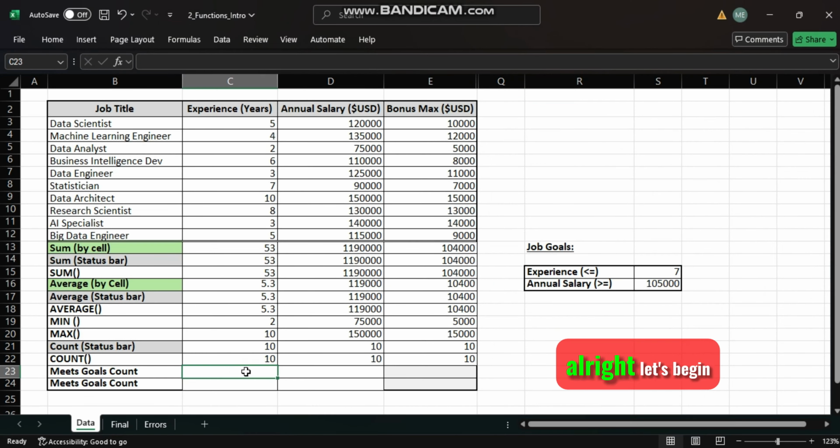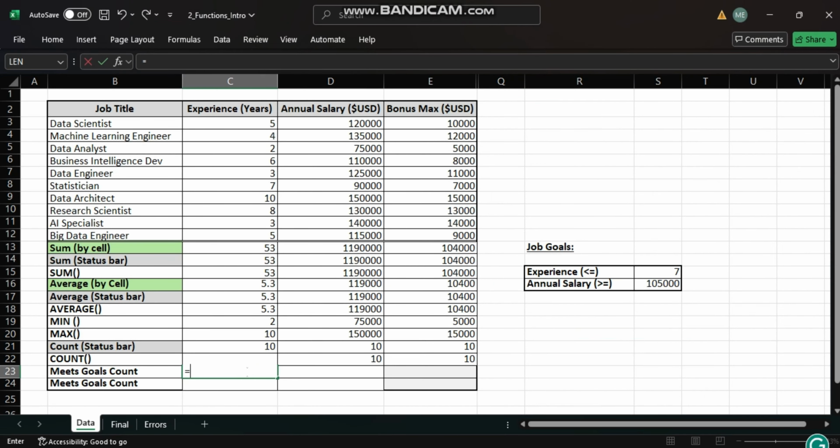Alright, let's begin. We are going to count if a certain condition is met. It reads, this function counts the number of cells within a range that meet the given condition. Click the tab key to select that function, give it the range, and now the criteria: the number of years should be less than or equal to our own, which is 7 in this case. Close the bracket, and if we click enter,